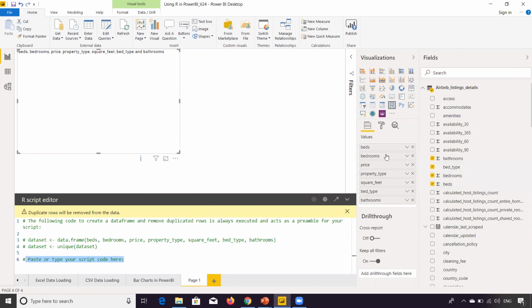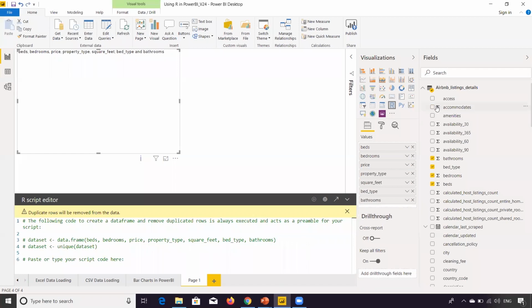So what it did, the moment you clicked on these data sets, this data set became available over here. This attribute became available over here, and Power BI gave access to these data attributes to R. So the moment you selected it, it got added to this data frame data set. Now, if there is any duplicate data, it removes the duplicate data and creates a unique data set. So for example, the moment you select one more attribute, that would be made available to R, and this will be added to the data set.